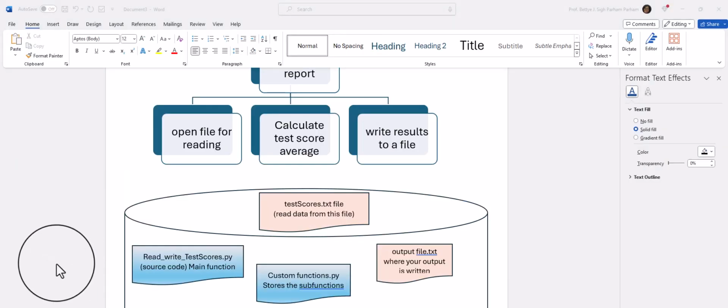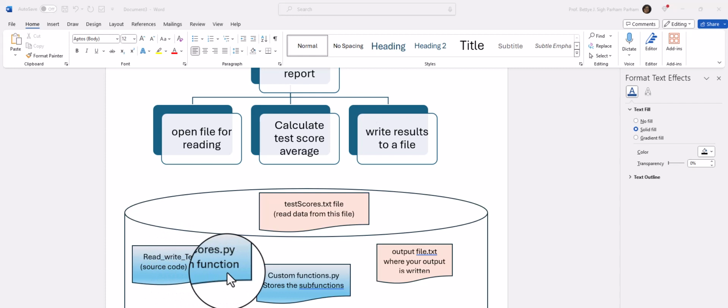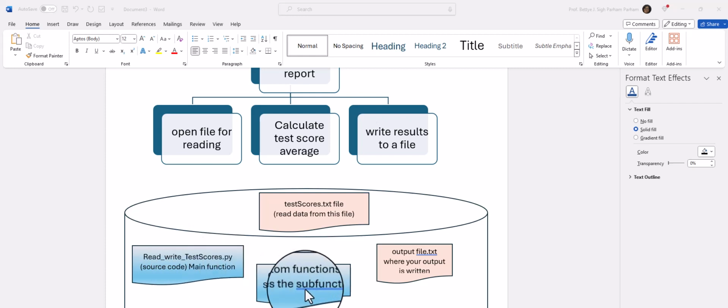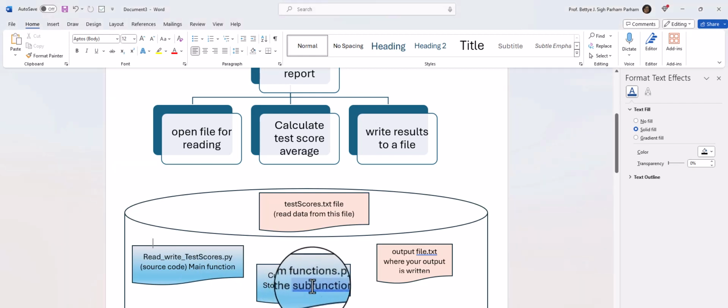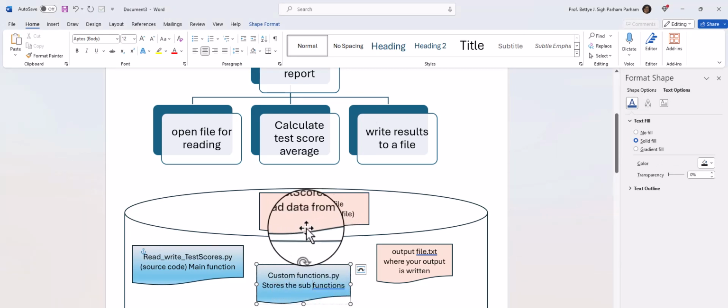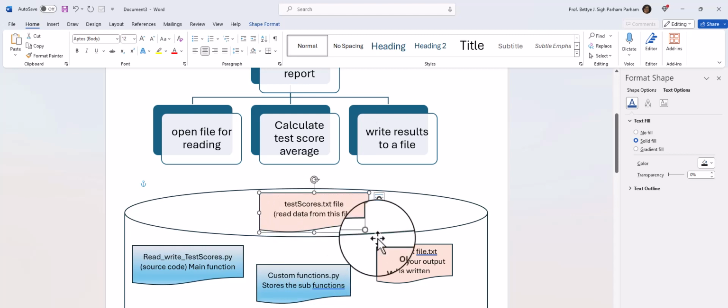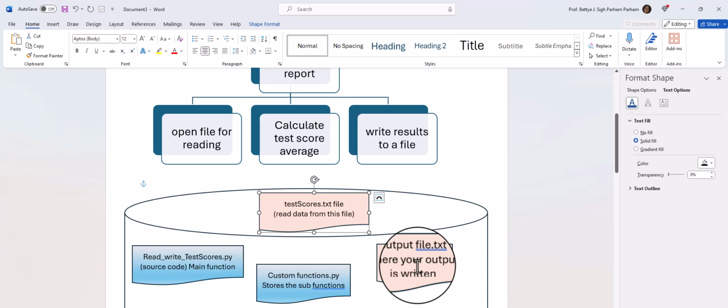Therefore, in this illustration, by the time we finish all of our tasks, you're going to have your original source code that contains your main function. We're going to take all the functions that you created and place them in their own file so that they can be reused for other files or other programs. You will have a data file where the data is read from, and